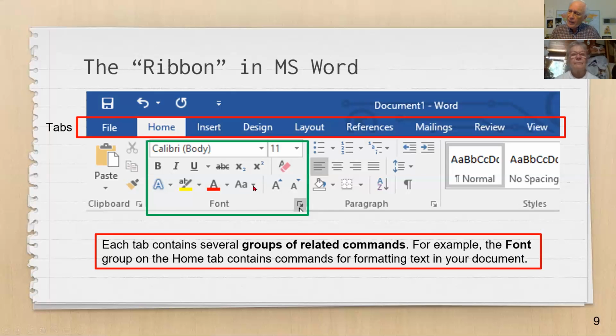If there's a little arrow and I click on it, it'll ask, do you want everything lowercase? Do you want everything uppercase? Or do you want things in what they call sentence case? Sentence case is where the first letter of the sentence is a capital letter and all the rest are lowercase letters. After I've typed this and I want to change this word contains to uppercase, I would